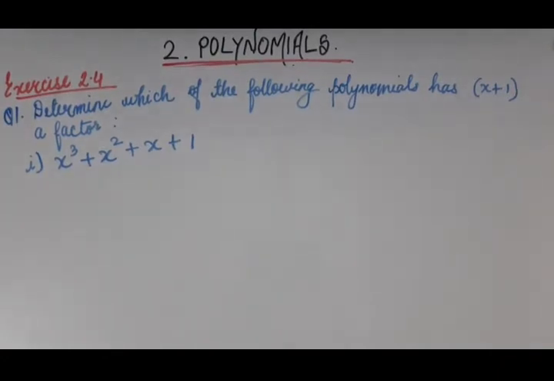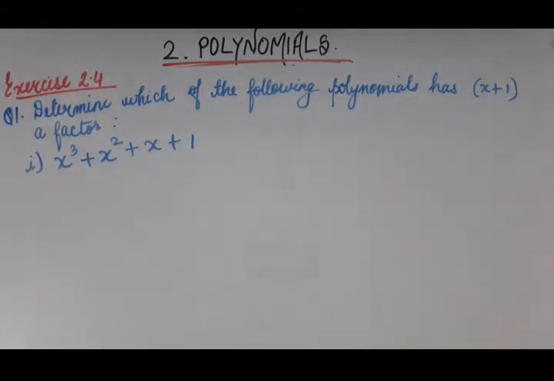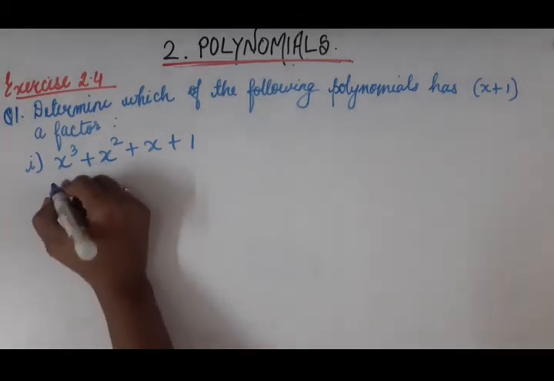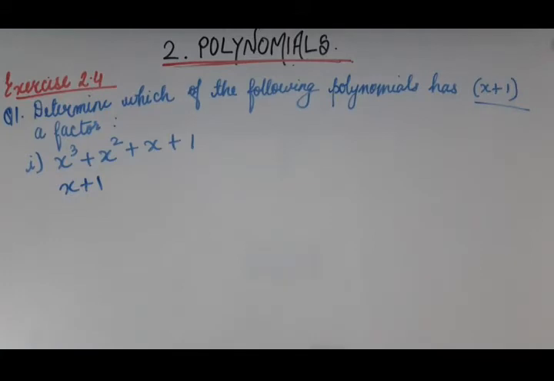Okay. So now we know how to find whether it is a factor or not. If the remainder is 0, then it is a factor according to the factor theorem. If p of a equal to 0, then x minus a will be the factor. Now here x plus 1 we are going to check. So find its 0 first. What is 0? So x plus 1, this one, we have to check whether it is a factor or not.